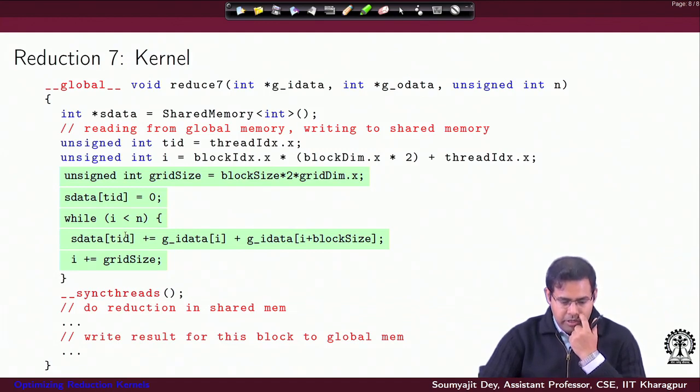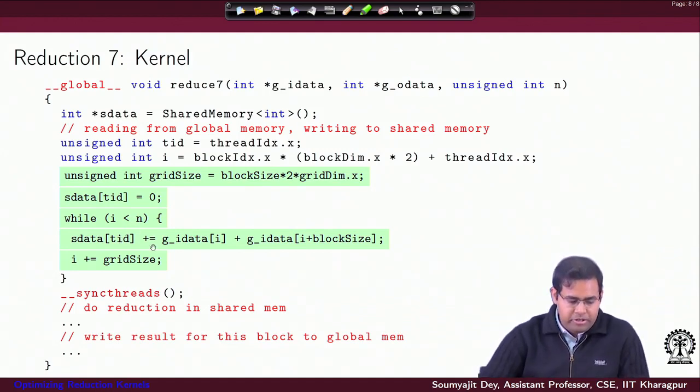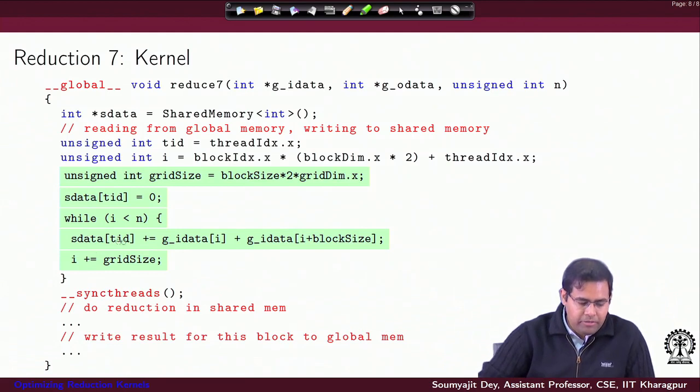It is bringing in more data, and like that up to the grid size, right. Essentially, for each thread you are doing some part of the reduction sequentially in the global memory. So, you read from global memory and write to shared memory. Earlier you were doing only one addition, but here instead you are doing a sequence of additions.